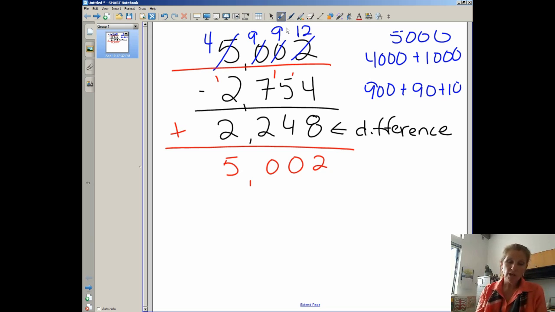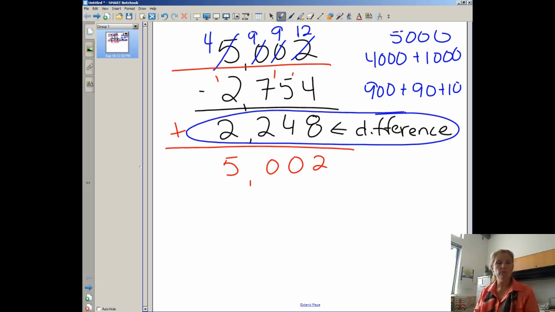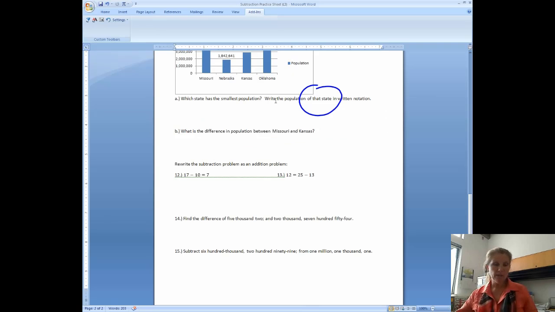Okay, so we started off with 5,002, we ended up with 5,002, so the difference for our problem was 2,248. Let's look back at the other problem. Remember, this one said, find the difference of. And so when you say it that way, when you say find the difference of,